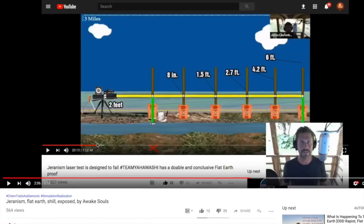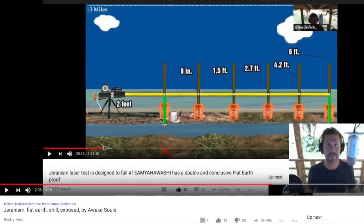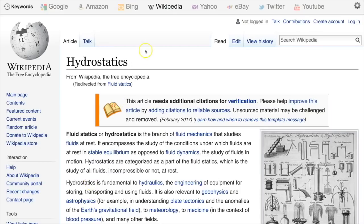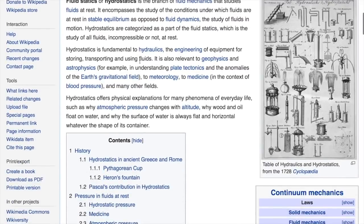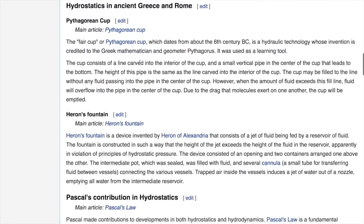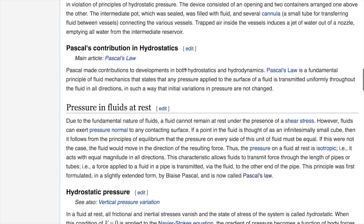Agreed. And Jaron has already spoken out against this experiment, saying that gravity would adjust the height of the water and the water level. But he is nothing but a detractor that will lie at any cost to try and prevent an experiment from showing conclusively that Earth is flat. Jaron's suggestion that gravity would affect the outcome of this experiment is immediately debunked with a simple understanding of Pascal's